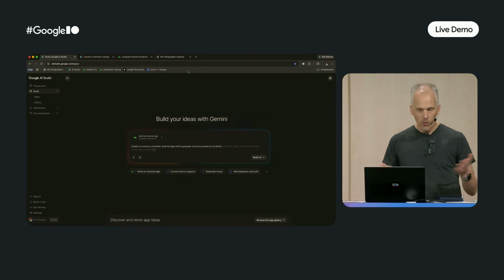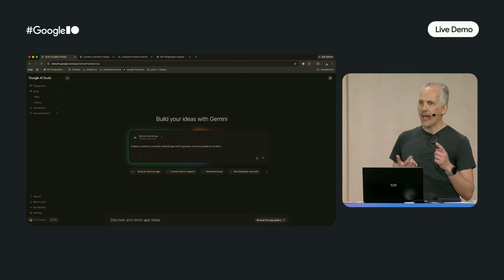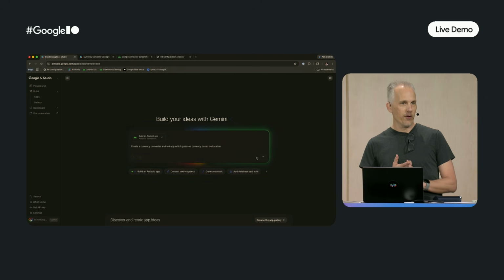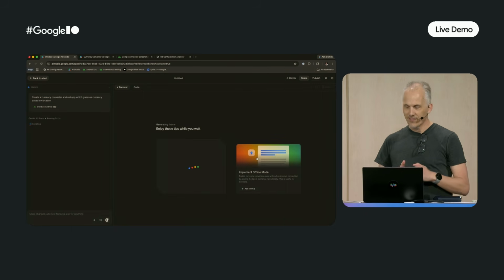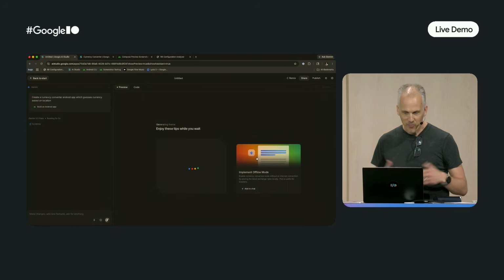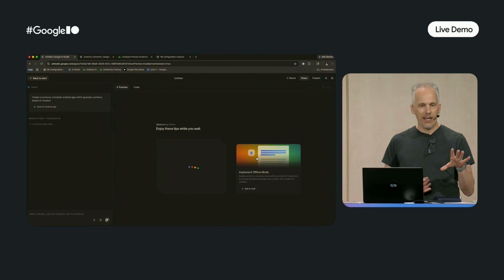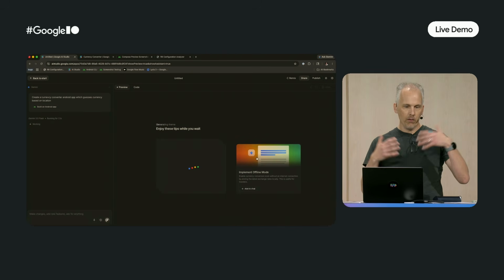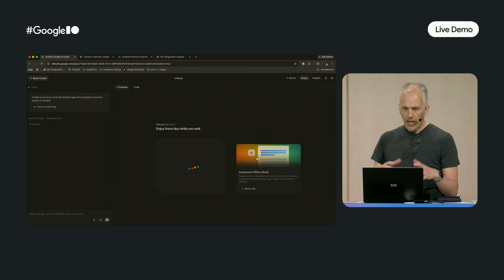So AI Studio, Jay already mentioned this. We can start creating native Android apps. So what I did here is I asked it to create a currency converter, which figures out the target currency based on where you are. I thought that was a really good idea. Probably been done before, but this is now going to create a native Android app, built with Gradle, Kotlin, all of it. It usually asks me in about 10 seconds to pick a design, and it's going to run